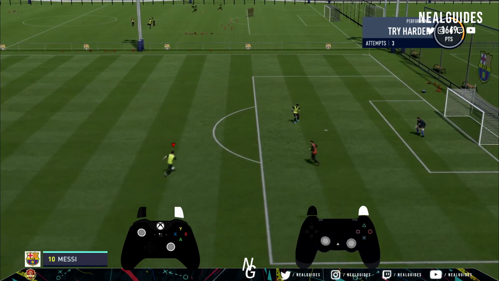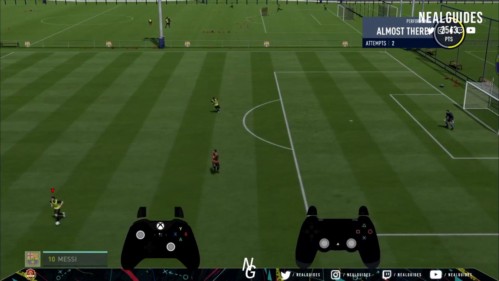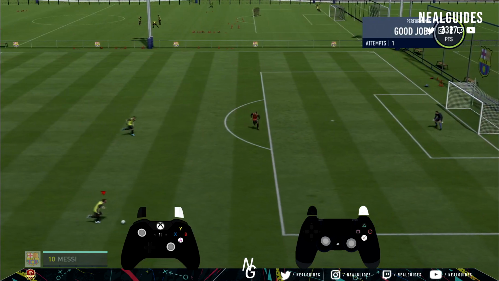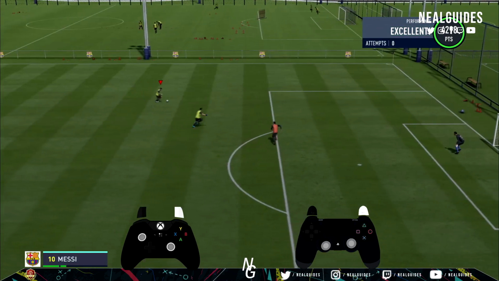So, the low driven finesse. Now, a normal low driven shot is like this. Sorry, actually, a low driven shot is just a shot, and then you hold L1 R1 after. That's basically it. You take a shot, and normally it goes like that. It's very simple, to be honest. It's a simple power shot, and